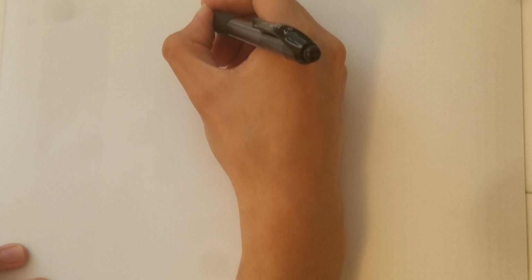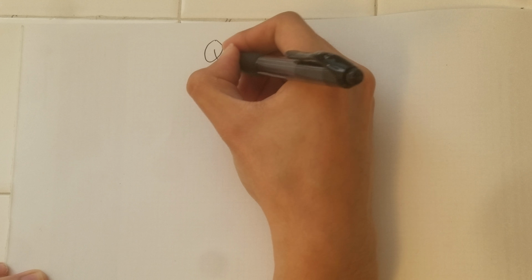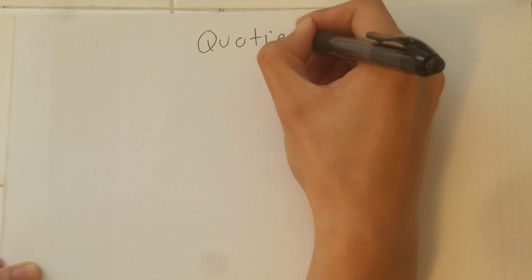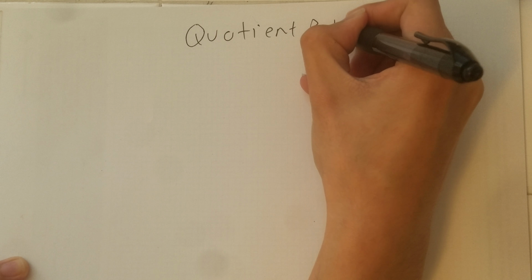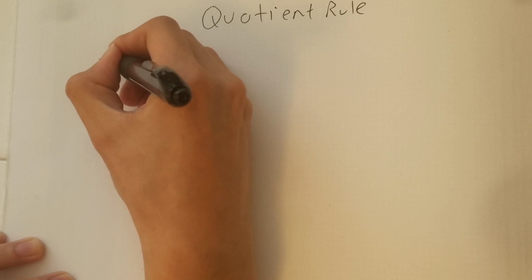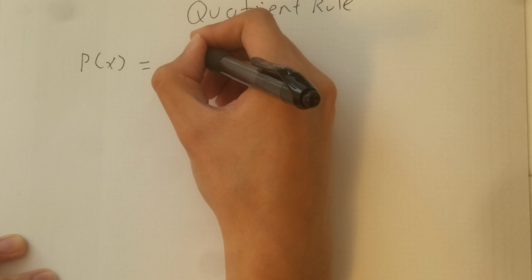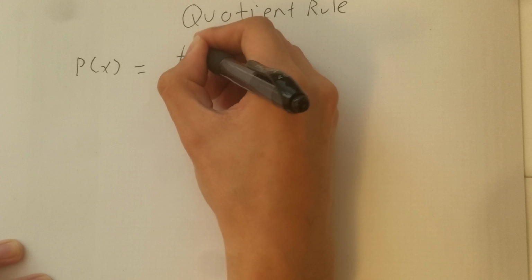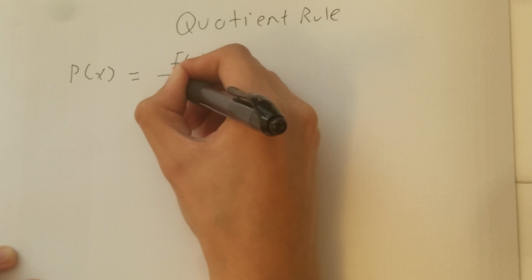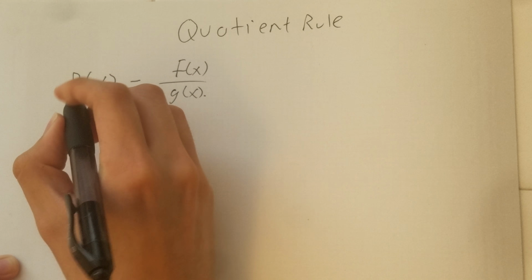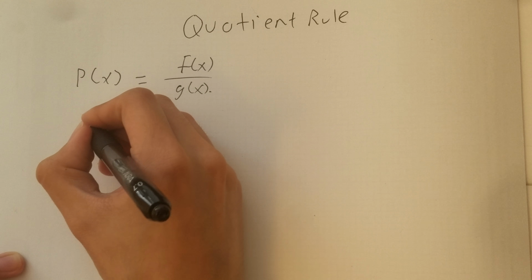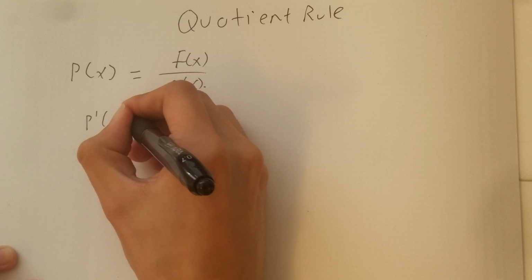Hello everybody, in this video we are going to be discussing a way to find the derivative using the quotient rule. So let's say I have a function p of x and it can be expressed as a quotient of two expressions. Let's say f of x divided by g of x. So the derivative of p of x is p prime of x, and using the quotient rule